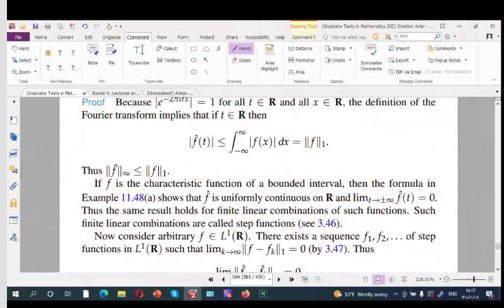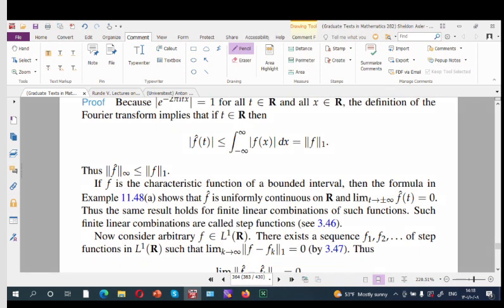Thus, the same result holds for finite linear combinations of such functions. Such finite linear combinations are called step functions. Okay? Now consider arbitrary f in L1. There exists a sequence fn of step functions such that this limit equals 0. This is the famous theorem that we read in real analysis 1,